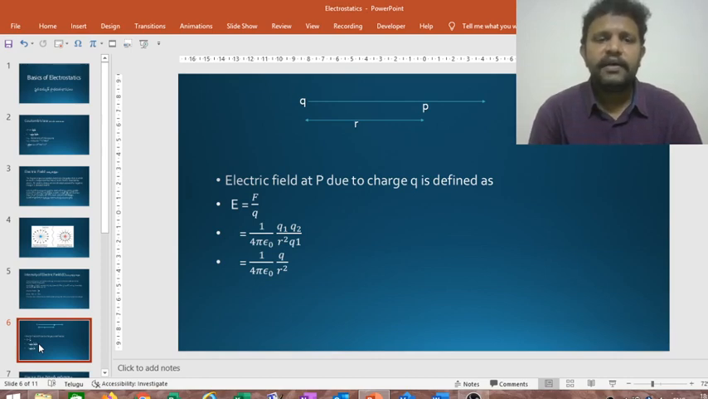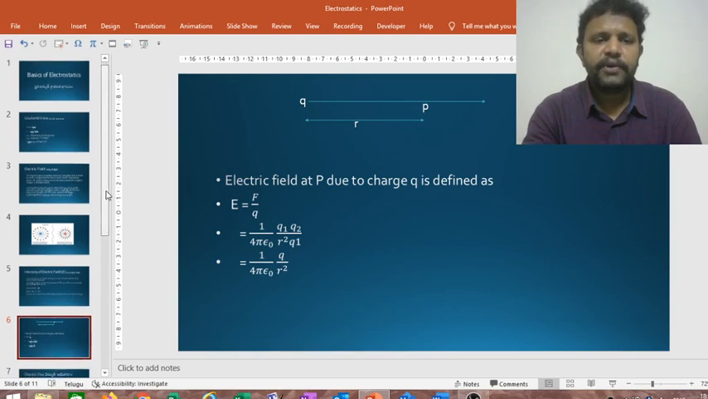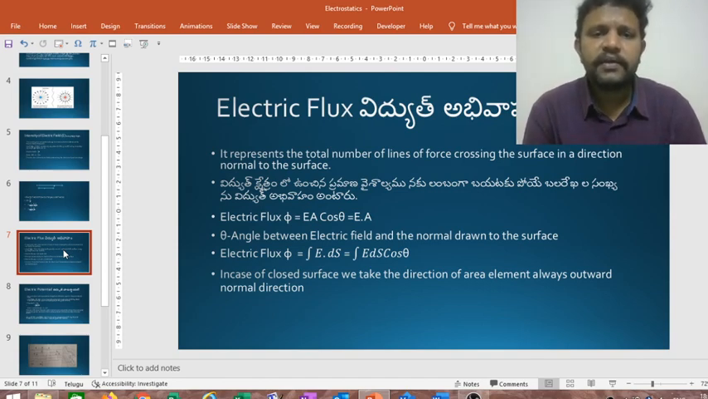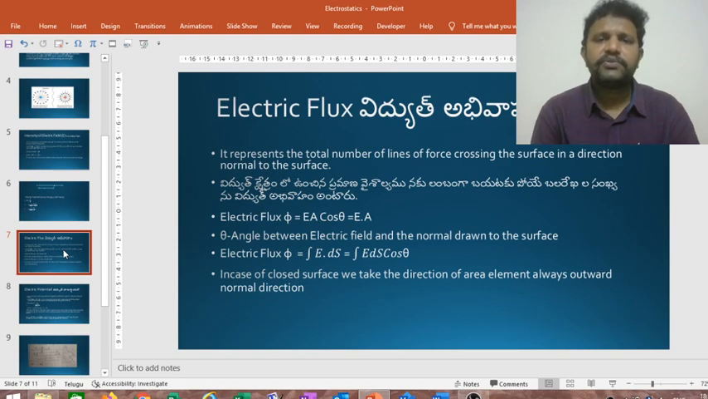Let us see one more important topic in static electricity, that is electric flux. Electric flux means, we already discussed every electric field is filled with some lines of force. Suppose if we take some surface in the electric field, these lines of force travel to the surface. The number of lines passing through this surface in a direction normal to the surface is defined as